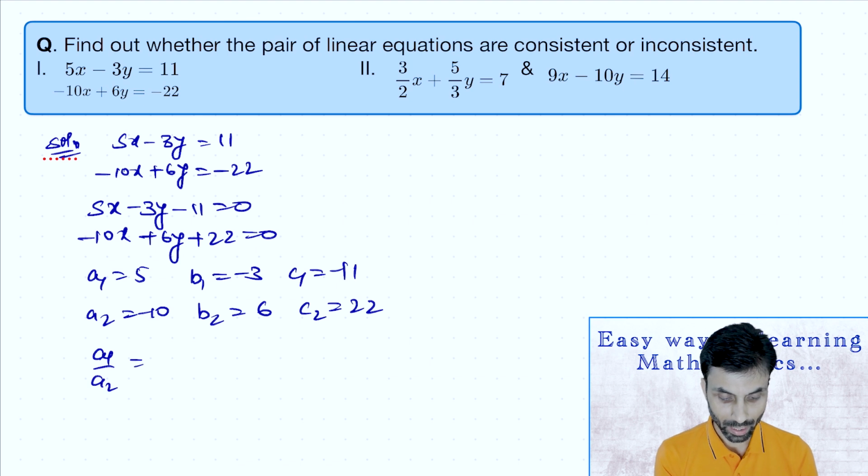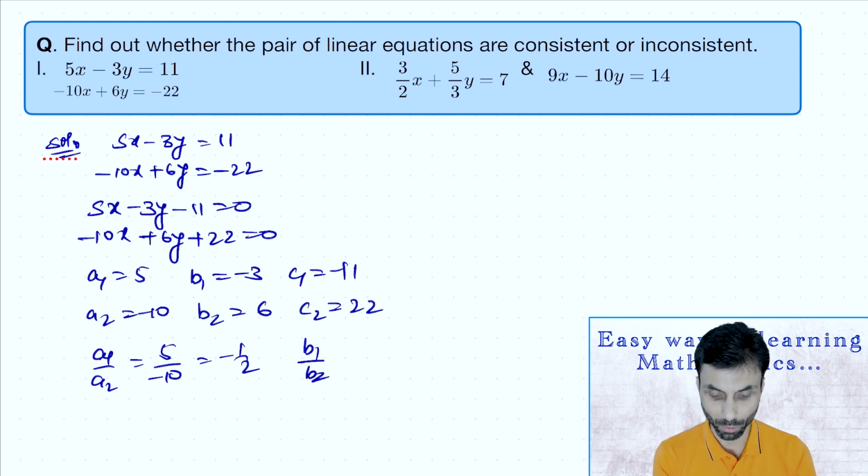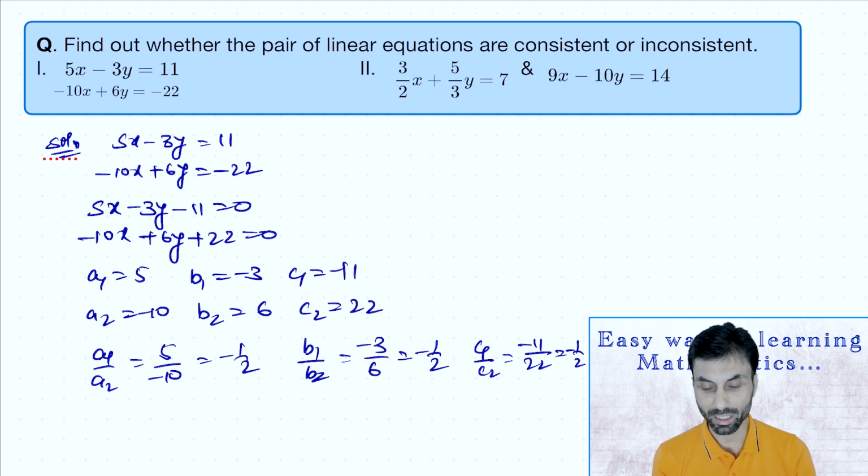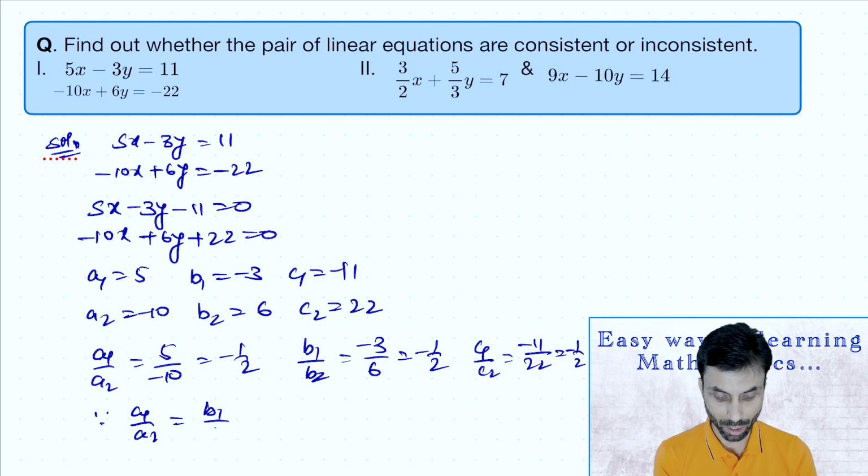a1 upon a2, that will be 5 upon minus 10, that is minus half. b1 upon b2, that will be minus 3 upon 6, which is again minus half. And c1 upon c2, which is minus 11 upon 22, which is again minus half. Now in this case, the pair of equations satisfy the condition of coincident lines, so we can say since a1 upon a2 equals b1 upon b2 equals c1 upon c2, therefore lines are coincident,